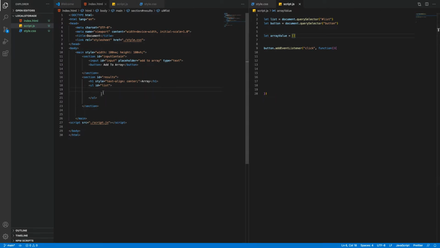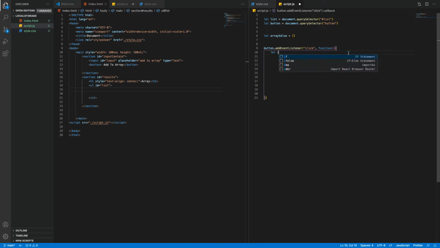List is for an unordered list. Button is selecting the button for the add event listener. And then we've got our empty array that we want to push the values into, and then we'll save that array to local storage. So here we'll say let userInput